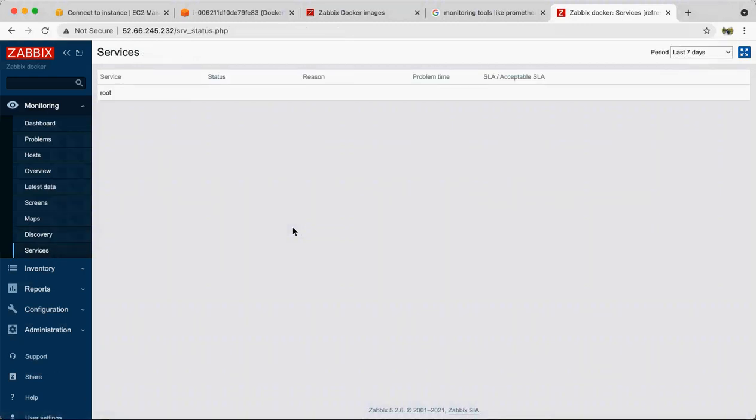But as I said, from the DevOps perspective, we should be aware of the overall concept of what monitoring tools are, like Zabbix. For some monitoring tools, we should be able to see how they look, what the different names are, and what different parameters they capture.